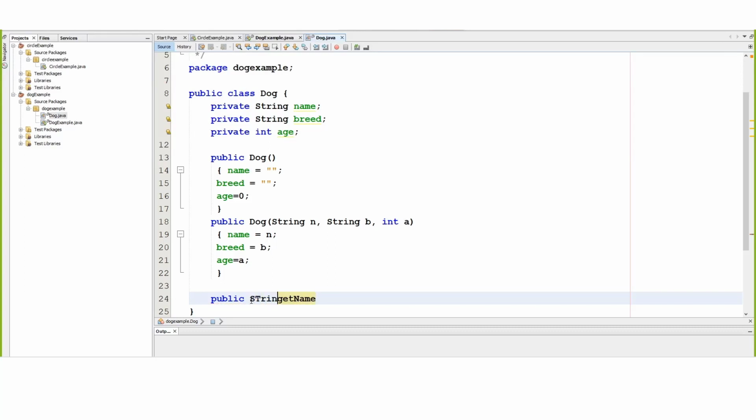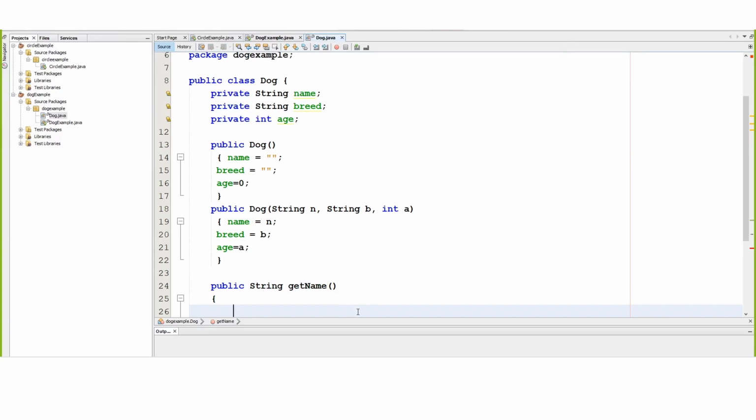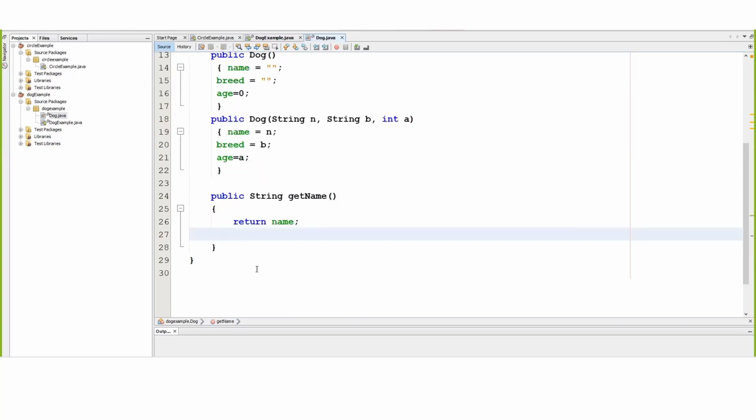So my return type is a string. And then I'll have something similar for the others. I'm going to leave you a little time to fill them in, so I'm just going to go on to